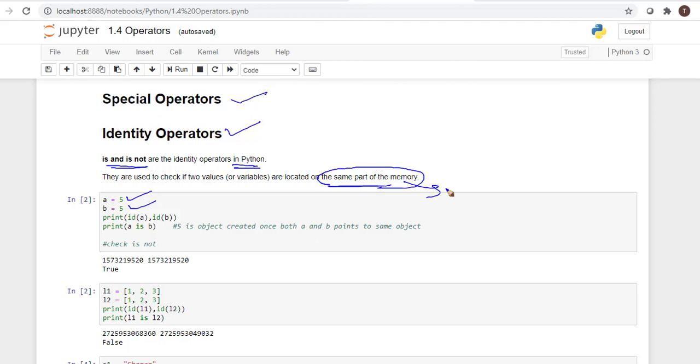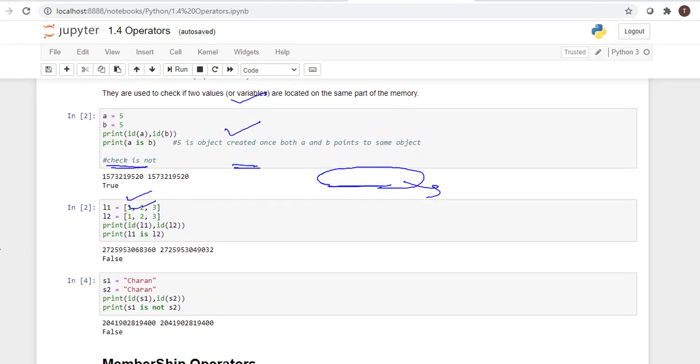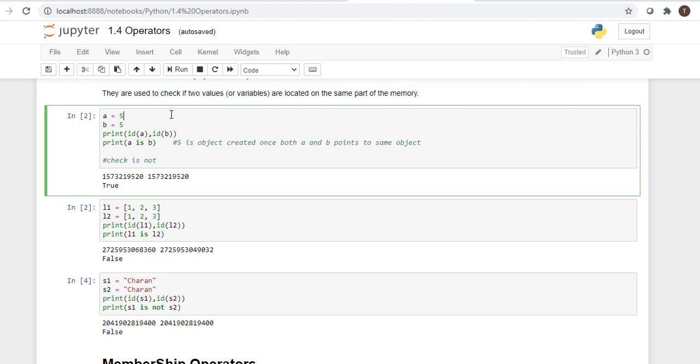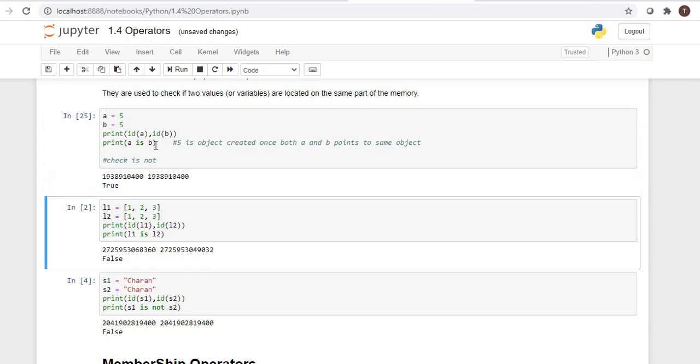it's not identical. Here we can see a = 5, b = 5, both are integers, and they share the same memory. That's why they show identical. a is b, so the is operator gives true, both are identical.